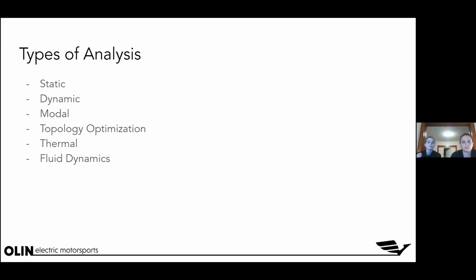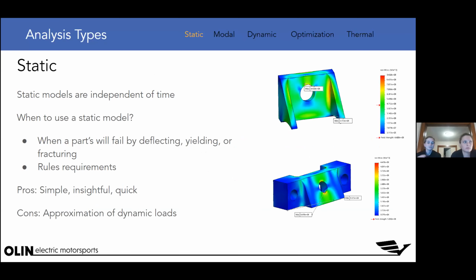So I'm going to talk about a couple types of analysis. This is not a full list, nor am I going to talk about all the types of analysis here, but we're going to quickly start with the static analysis. So static models just means that they're independent of time. So time is not a factor for the response of your system. So you tend to use a static model when your part's likely to fail in deflection, yielding, or fracturing. And